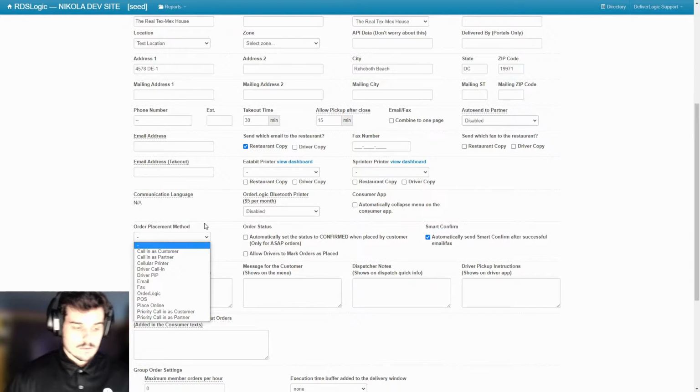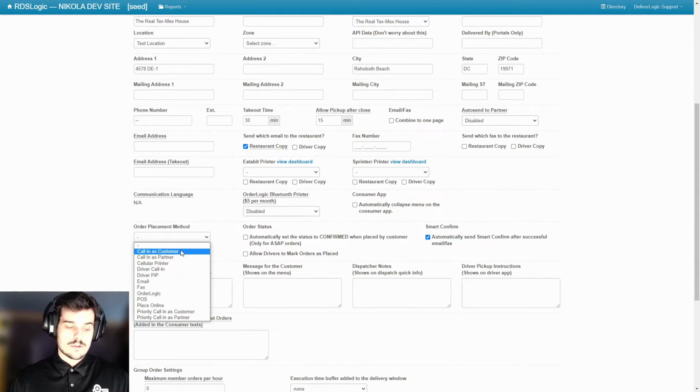So there are many different ways that the orders can be placed. Now we have four different call-in options. We have call-in as customer, which will be placed by a placer under the customer's name. Call-in as partner will be placed as an order for the delivery service you are. And then we have priority call-in as customer and priority call-in as partner,